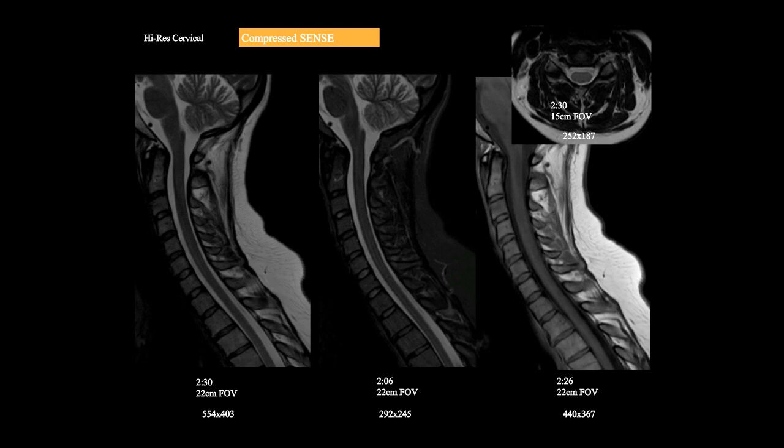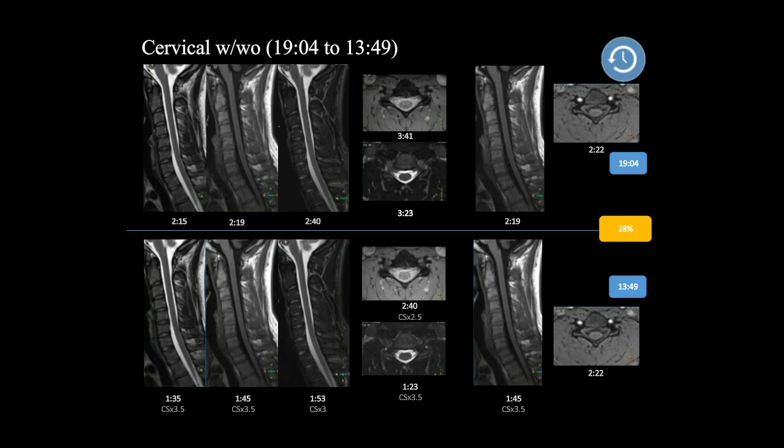And this can apply, again, you can see the typical exam on the top, typical exam on the bottom, same patient, scanned both ways. You can see we can get the scan time down to 14 minutes for a with and without study, which, the kind of studies that would ordinarily blow up our schedule can now be done conveniently